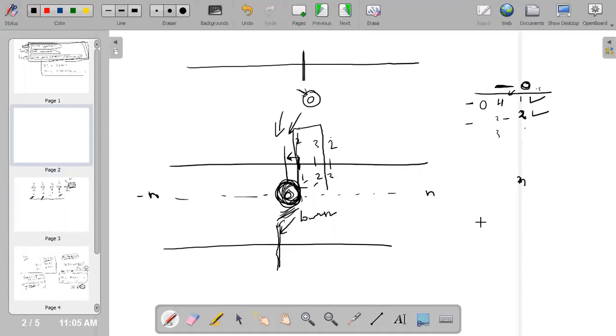If someone asks you something continuous, let's say on the surface this is the number line, and some weight is spread over it, increasing this way.